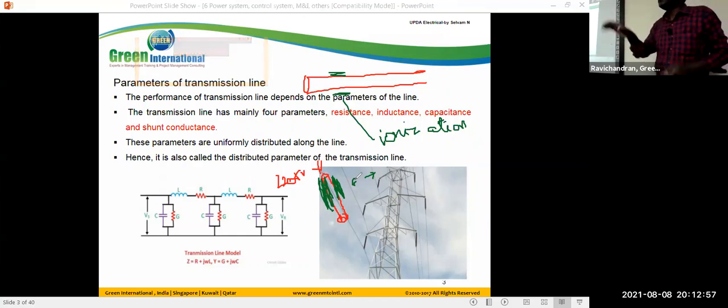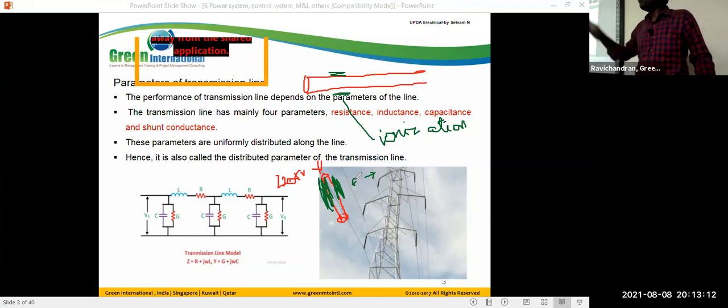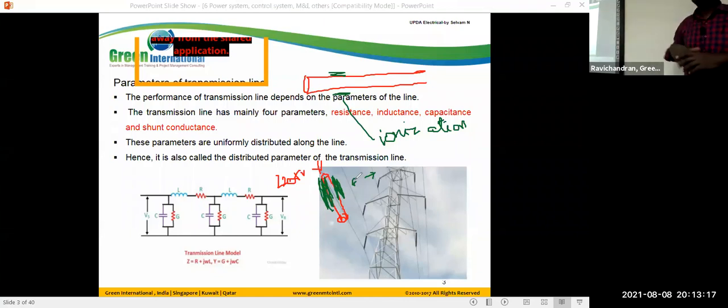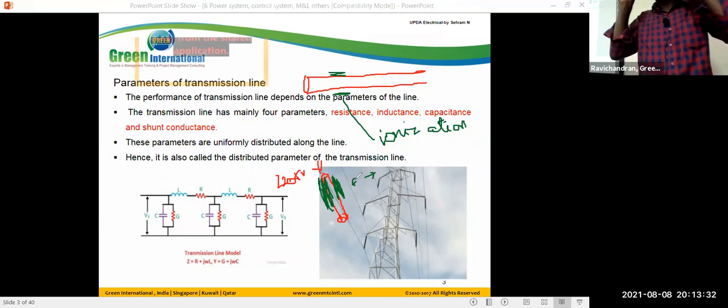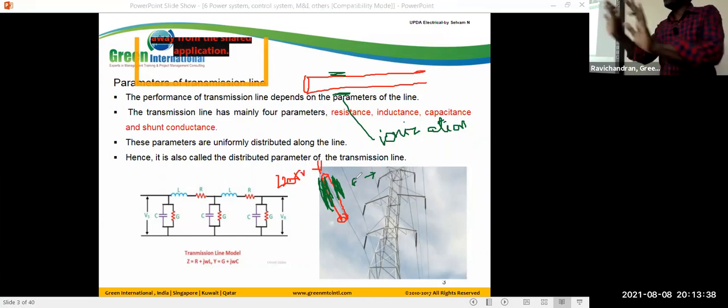Due to the ionization, physically the conductor diameter is, assume, 1 centimeter, but practically it is increased from 1 centimeter to 1.5 centimeter. The 0.5 centimeter is due to the ionization. That is, the area increases. If the area increases, indirectly we say losses are reduced, but it affects the system. So that is called corona. In the exam point of view, keep in mind corona means ionized air. That word is enough.